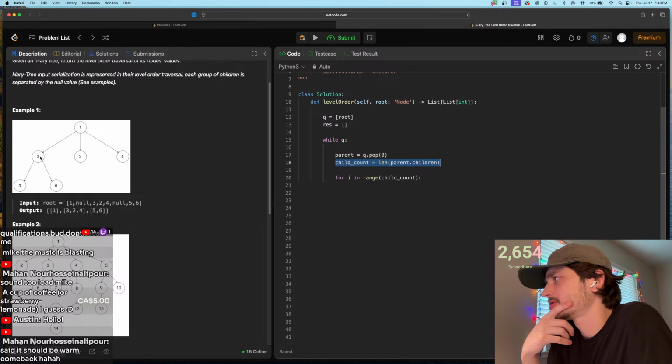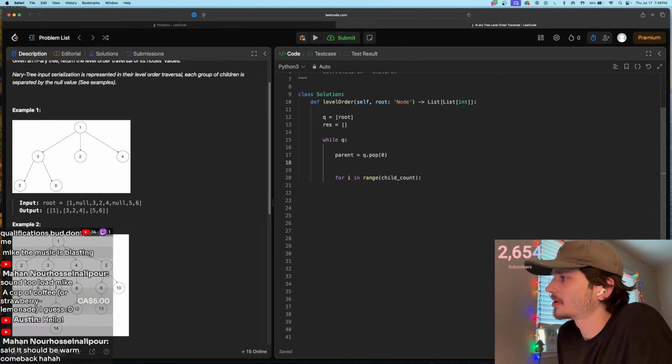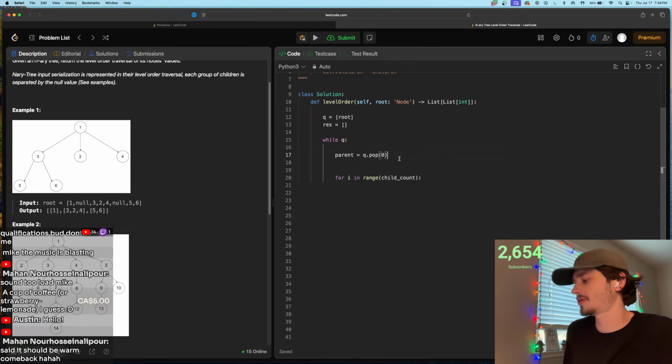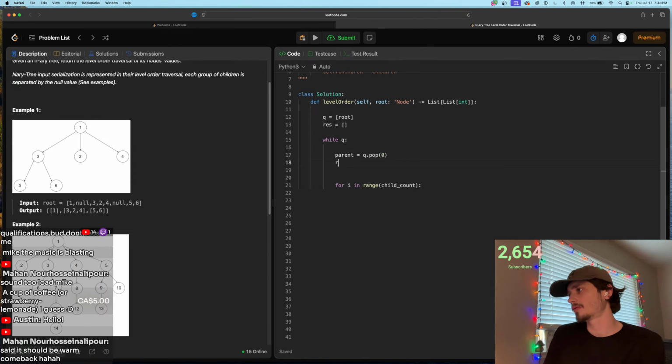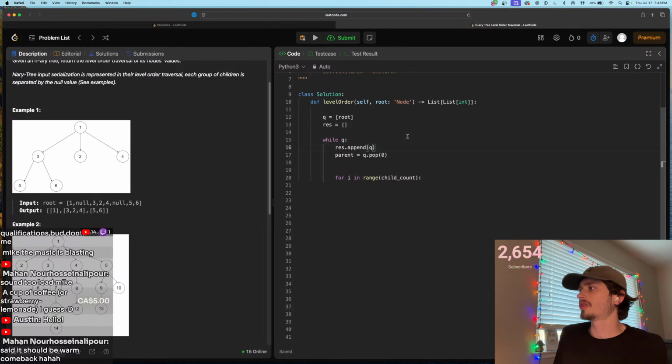And then we're going to access. So if we just pop the parent, and then if I put the parent, right, if I say res.append, we say res.append q up here, right? But then how can I distinguish on the next pass